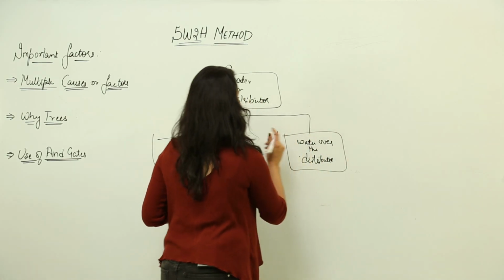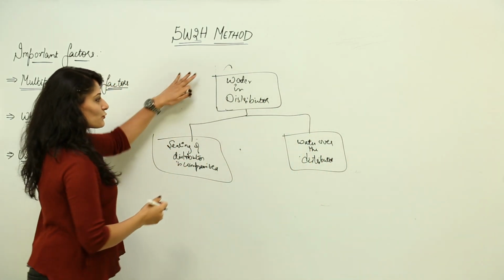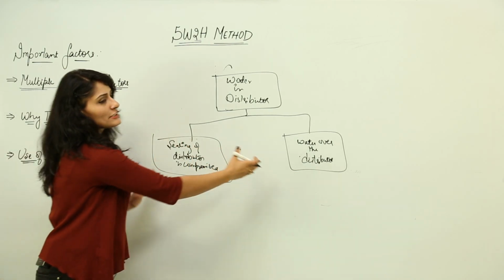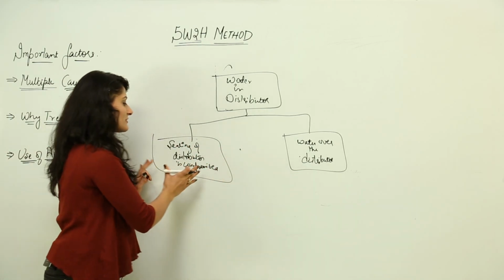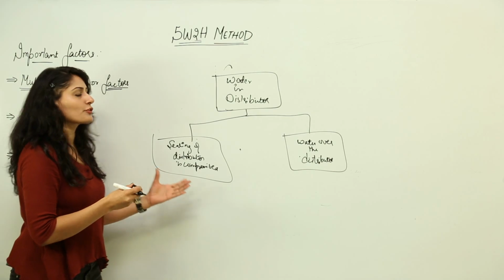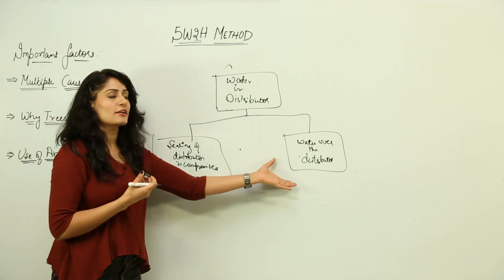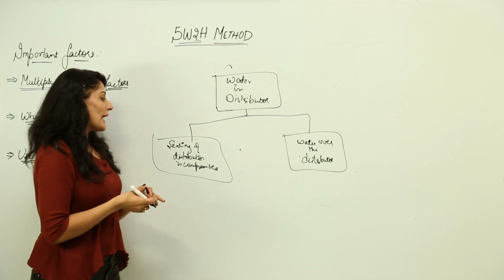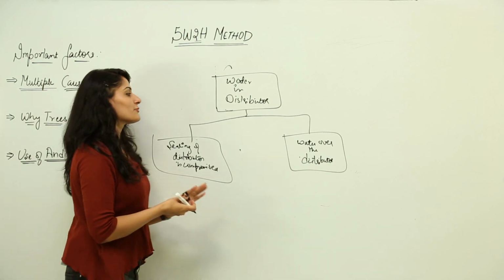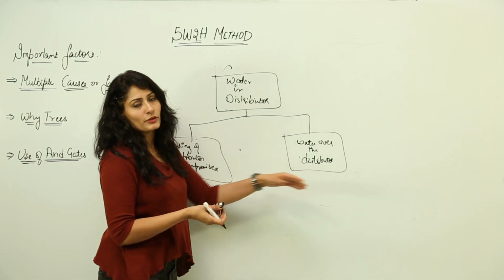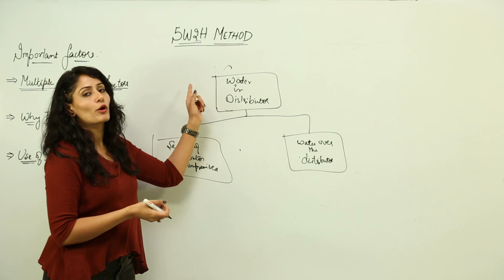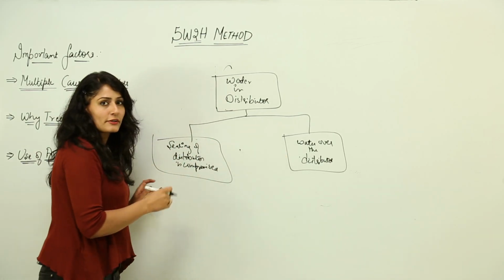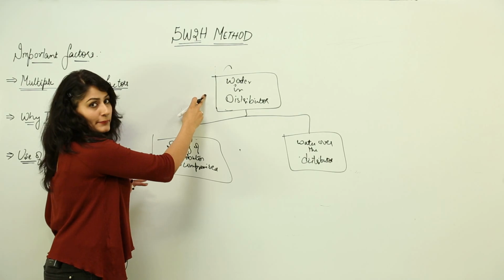Now this is called an AND gate, right. So this event can only happen if these two come in together, that is, the sealing is compromised and there is water over the distributor. If the distributor is perfectly okay, even if there is water over the distributor, there would be no water in the distributor, and in case the sealing is compromised but there is no water over the distributor, then also there are no chances of having water in the distributor. So these two have to come together, only then this can happen, right.